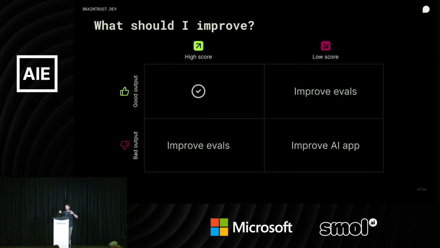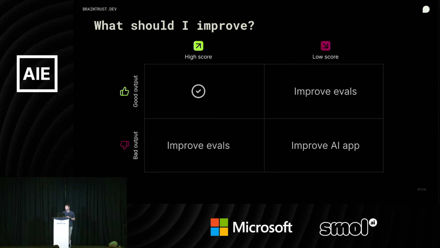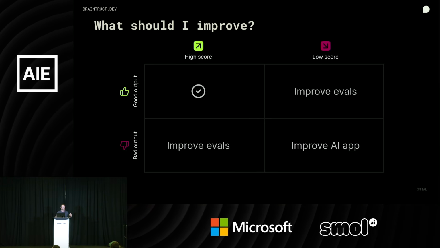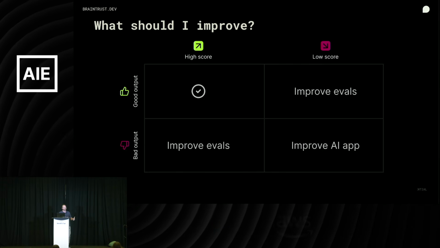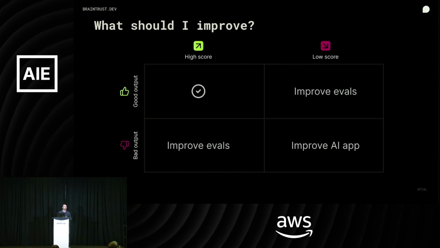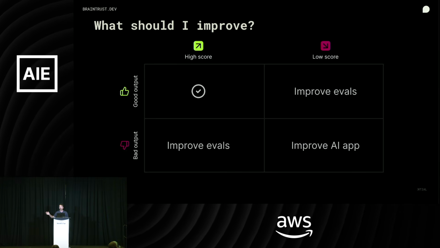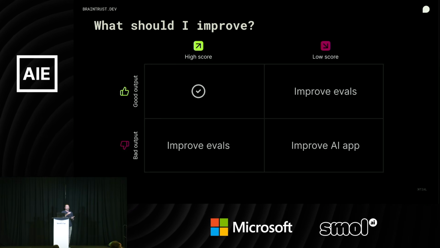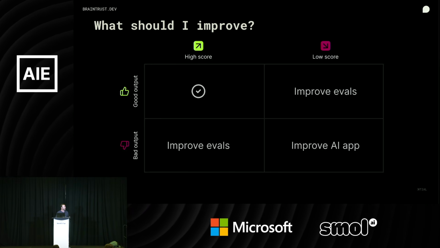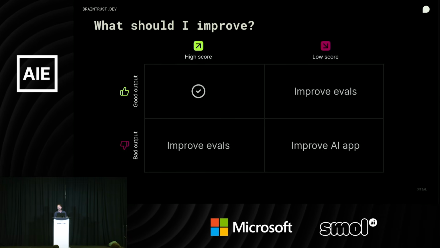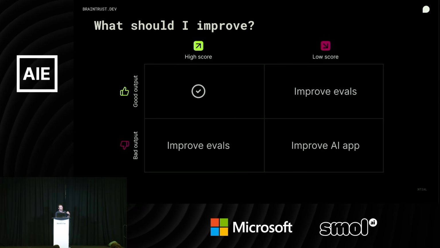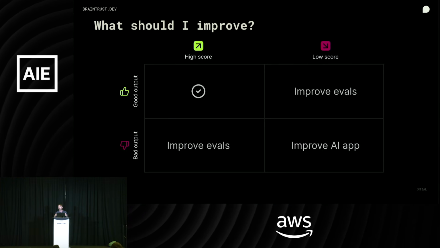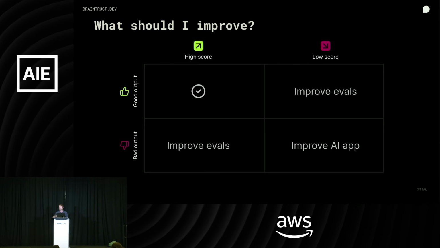Before doing that, maybe just level set on how to improve. One of the things that I've seen in the last few days here, in the conversations that I've had, is almost: how do I get started? Or what do I do if X? Or those types of questions. Another thing I had heard from Ankur very early on is: just get started. Create that baseline that you can then iterate and build from. I think a lot of people get caught in creating this golden data set of test cases that they can then iterate from. You don't necessarily have to do that. Start and build that baseline. Establish that foundation that you can then improve upon.